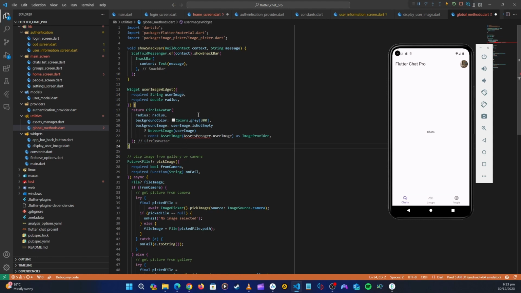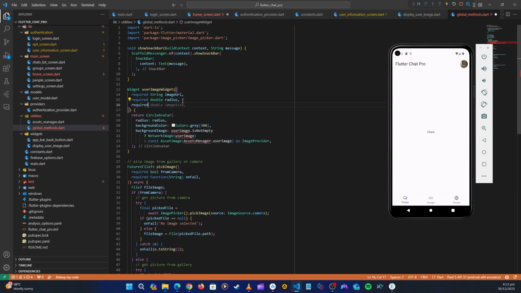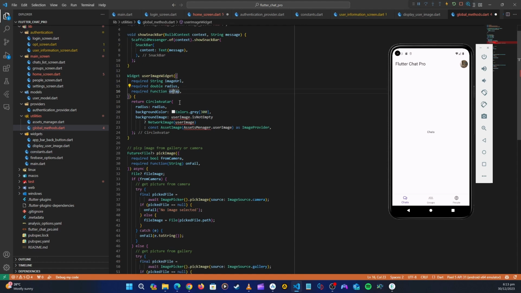So what we can do is, yeah, we are going to need to pass this user image. So this one, let's pass it as image URL this time, and then we're going to pass the radius, and then let's also pass one more thing, required. This will be the function, the on tap function. Okay, we're going to pass the on tap function, and then here instead of this, what we want to do is